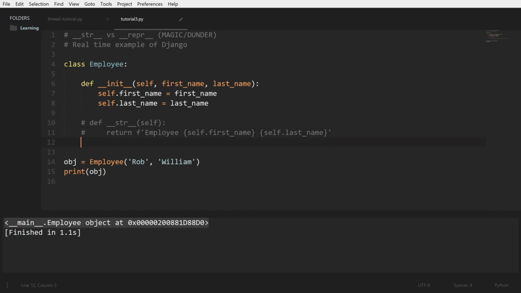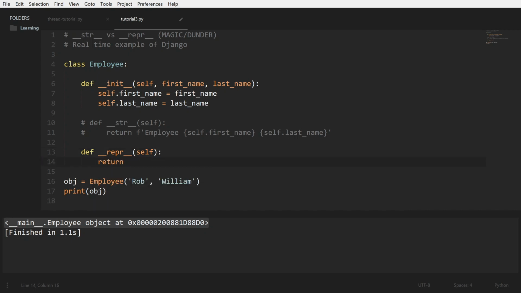Okay, let me add def representation dunder method, self. This method is usually helpful for debugging your code. This is not something like returning the value to any of the output of the program. We'll see in a moment what it means. Let's say the same self. Let me copy this for a moment. And if I run this,